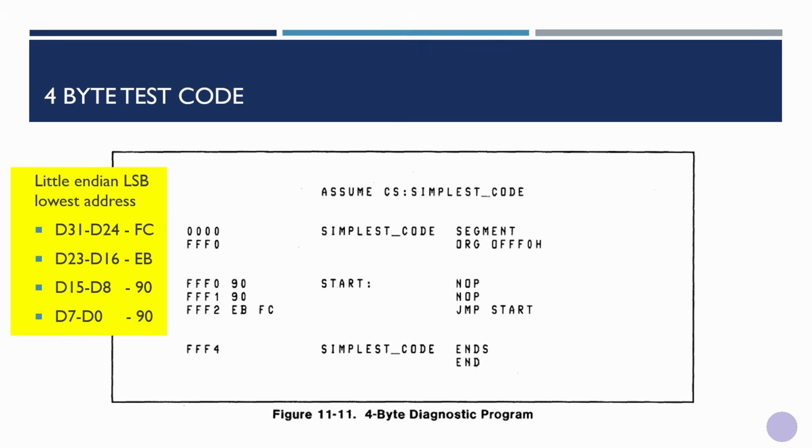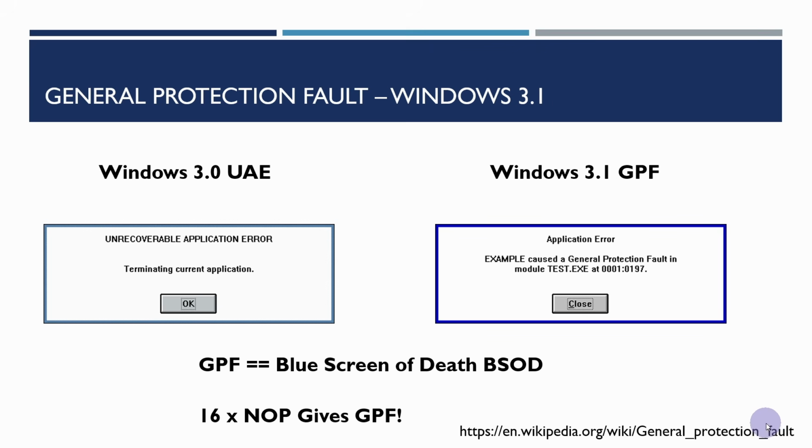So it looks like our CPU is working, and with this sort of Intel provided test, it looks like we've verified that the lower address lines are working, but we haven't really been able to test the higher address lines. So as I mentioned earlier, those of you may be familiar with Windows 3.1, then general protection